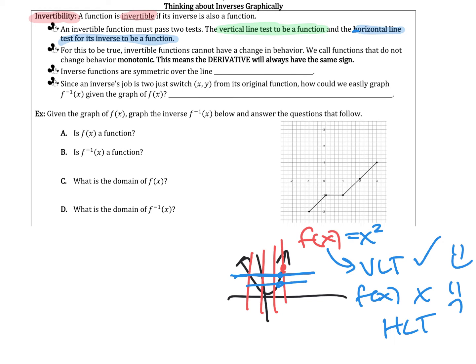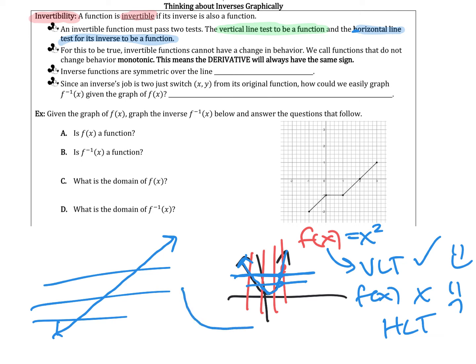You may realize that the problem here is that we change from going down to going up, and any change in behavior will cause a function to not pass the horizontal line test. If I have a function that's just always increasing, then it's going to pass the horizontal line test. If I have a function that's always decreasing, this is not drawn very well, but that's going to pass the horizontal line test. So if a function never changes behavior, meaning it's either always increasing or always decreasing, it's said